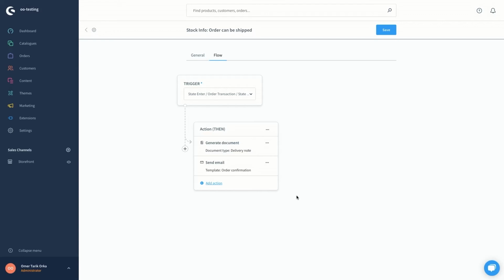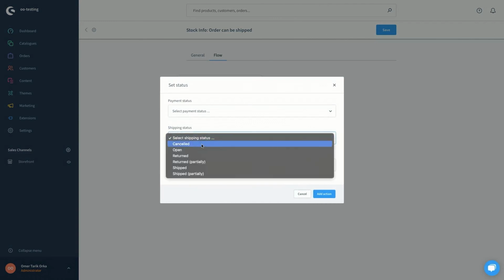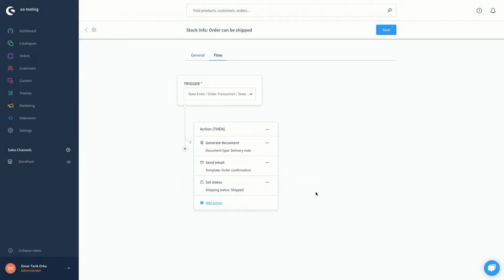And lastly, we are going to change the shipping status. For this, I click on the add action button again and then select set status and change the shipping status to shipped, and then action again, and complete the